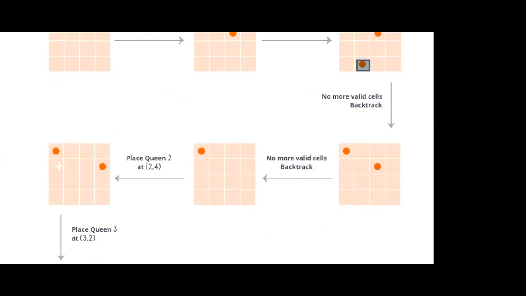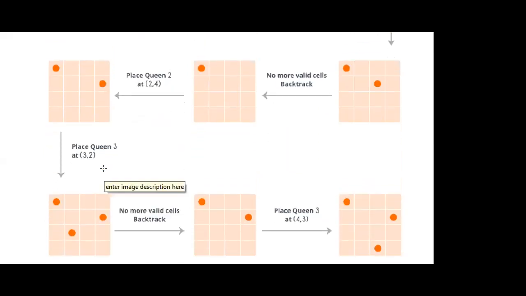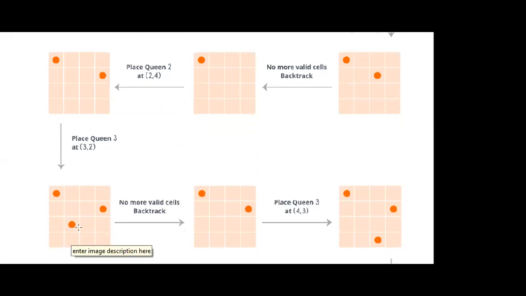Suppose in the next slot we are finding the position 2, 4. We are placing the second queen. Yes, it may happen since there is no contradiction. And now we are placing the third queen at the 3, 2 location in the next iteration. Yes, it is okay. But after placing this, our problem arises again because there is no empty slot with a non-attacking position by the 3 queens. So again we start backtracking, remove the last placed queen, and these 2 queens remain.